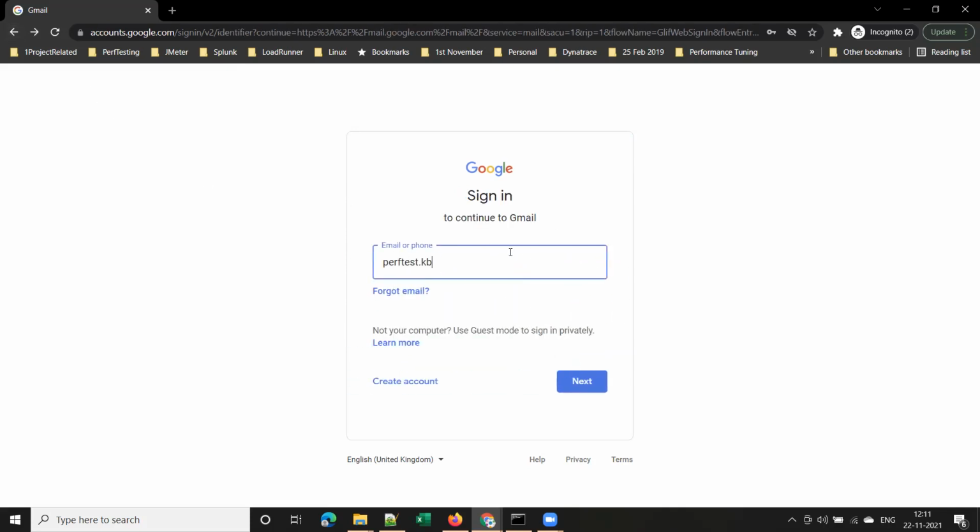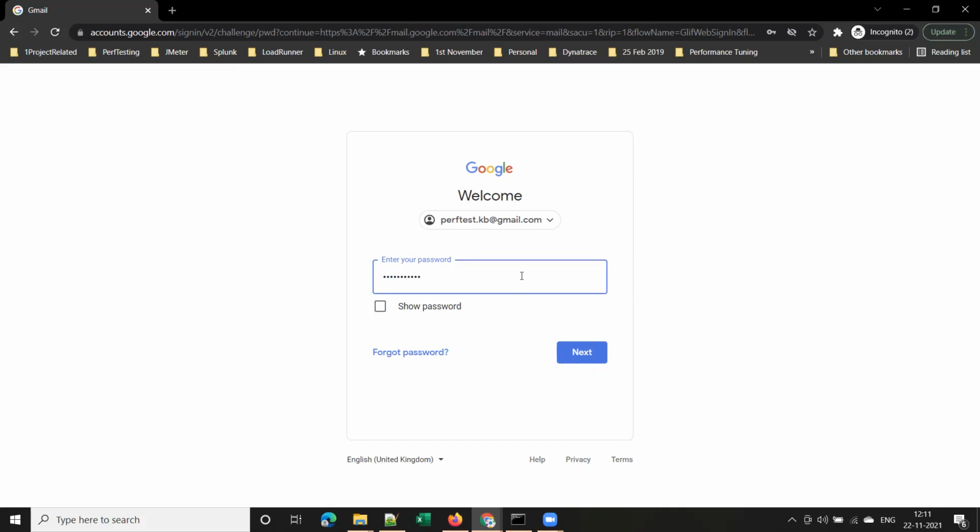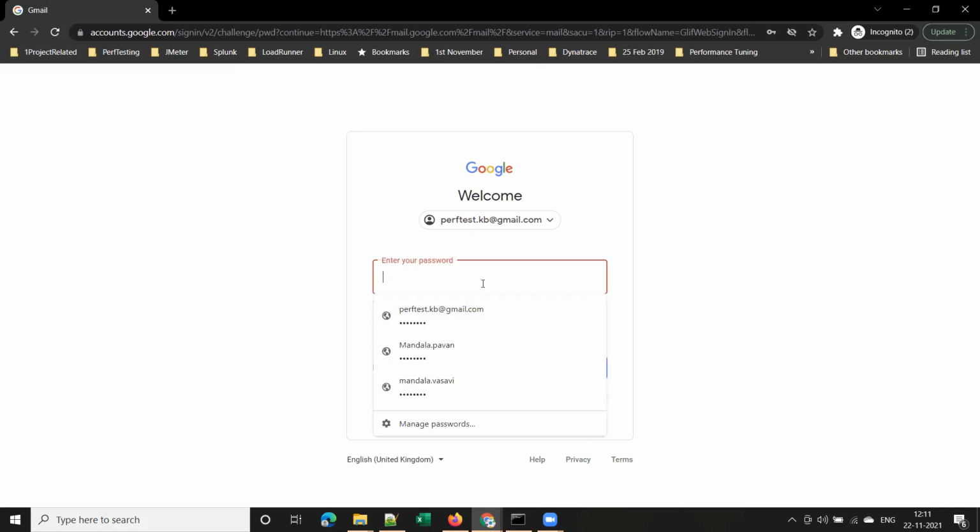Previously, by default, you had a blue color. Now if I enter a wrong password, it is highlighting this box, this text field. We call this a text field, right? So it is highlighting the text field in red color, and it is also showing an error message in red color. So this is the functionality of the application. This is how the application was designed. Clear, guys? If you enter a correct password, it should allow you to log in. If you enter a wrong password, it should display an error message, right? So this testing is called functional testing. This is just one example, guys. We are testing the functionality of the application. Clear, guys?